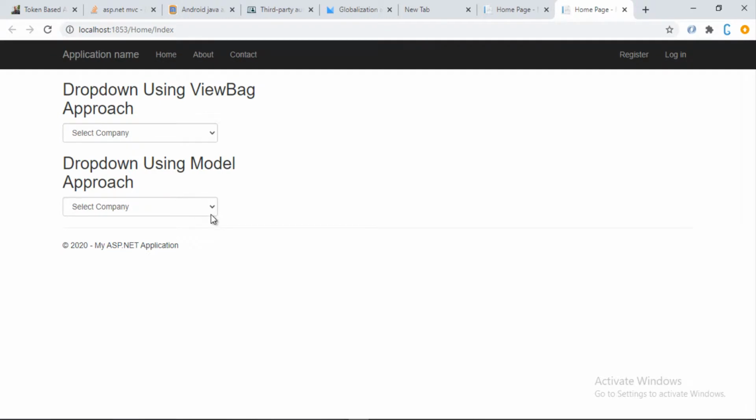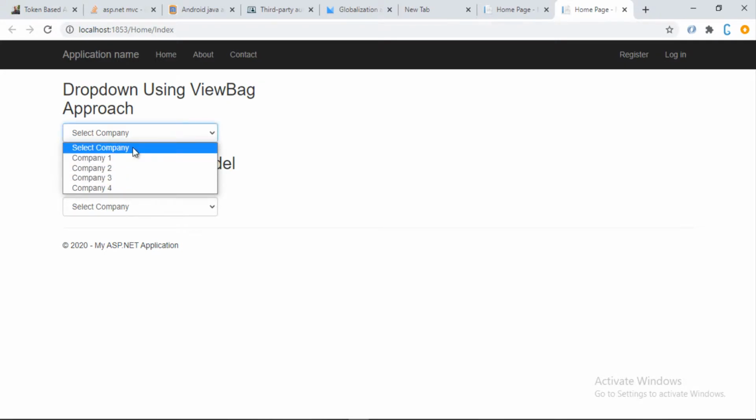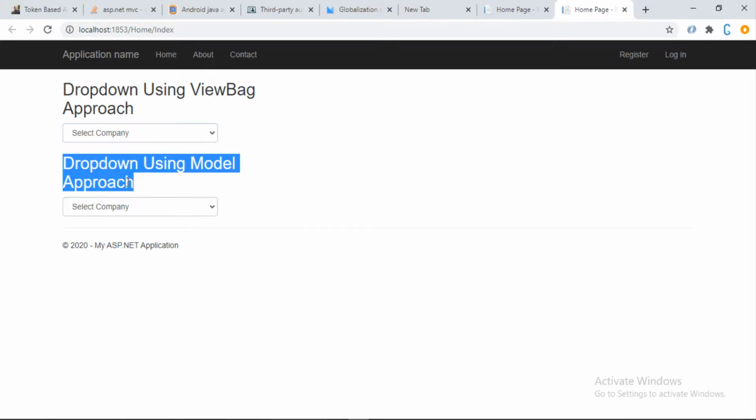So as you can see, we have two drop downs, one from the last video using the ViewBag approach, and you can see the options here, and the current one is the model approach, and you can see the placeholder here, and we got the same result in our drop down. So you can use both of these approaches, but for large projects or if you have a large model with many values, then you should go for the model approach, as it is more maintainable and provides compile time error checking.